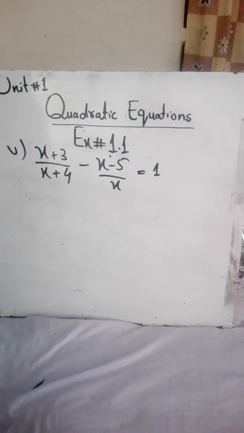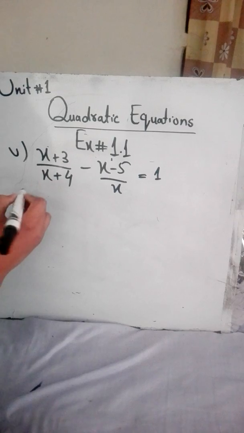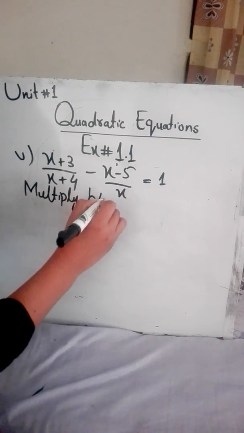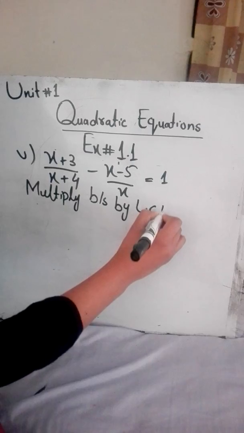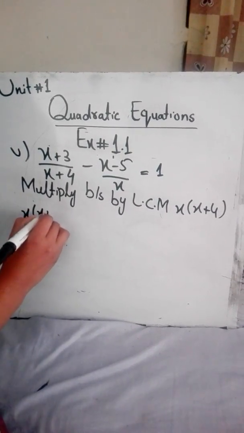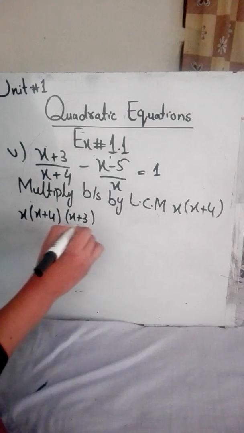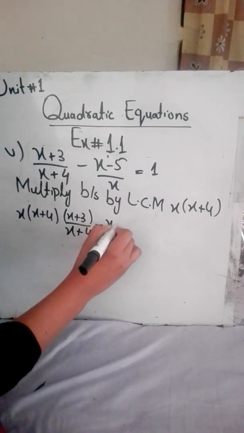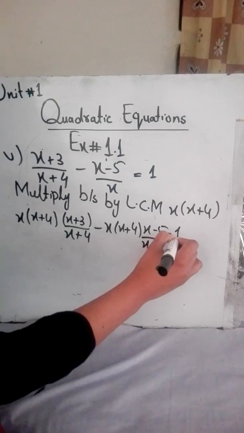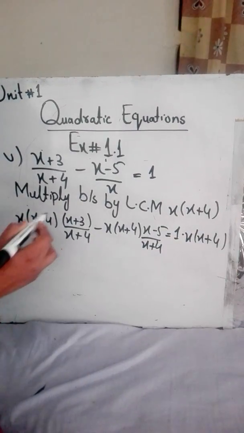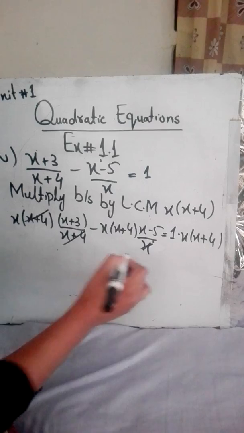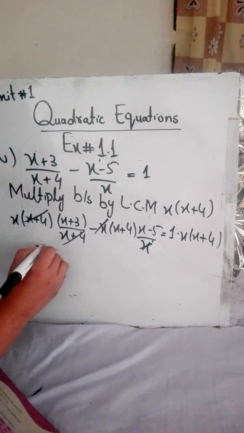First of all, the same step, I will multiply both sides of the equation with LCM x into x plus 4. x plus 4 will be cancelled out, and here x will be cancelled out, and the remaining equation is